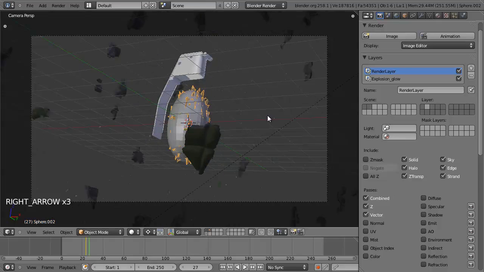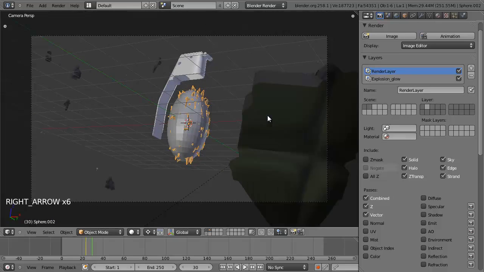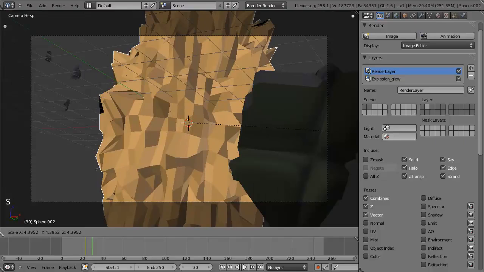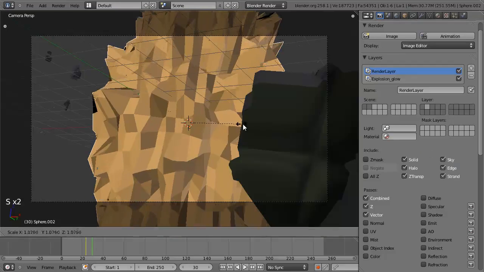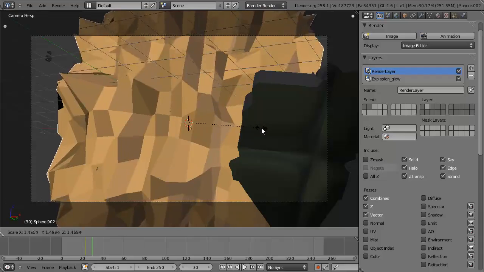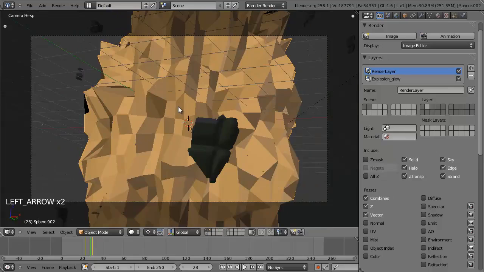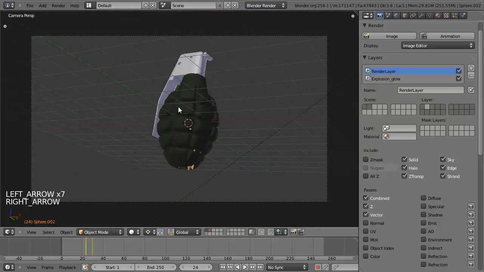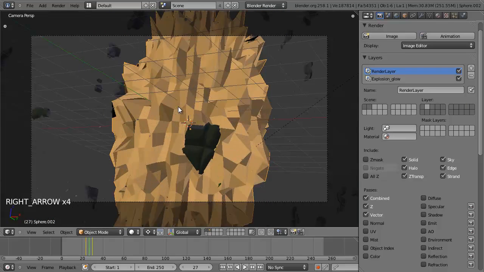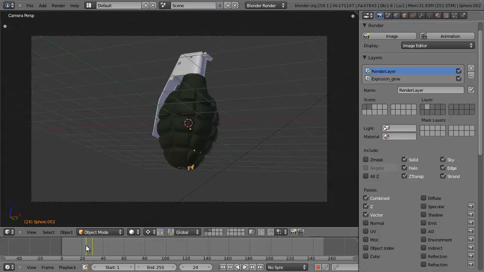And then just scroll through till it's about frame 30. Just expand that outwards to about there. It's about fine. And I'm going to add another keyframe there. So you should now see it expanding outwards like that. But that's not all. We also need to animate